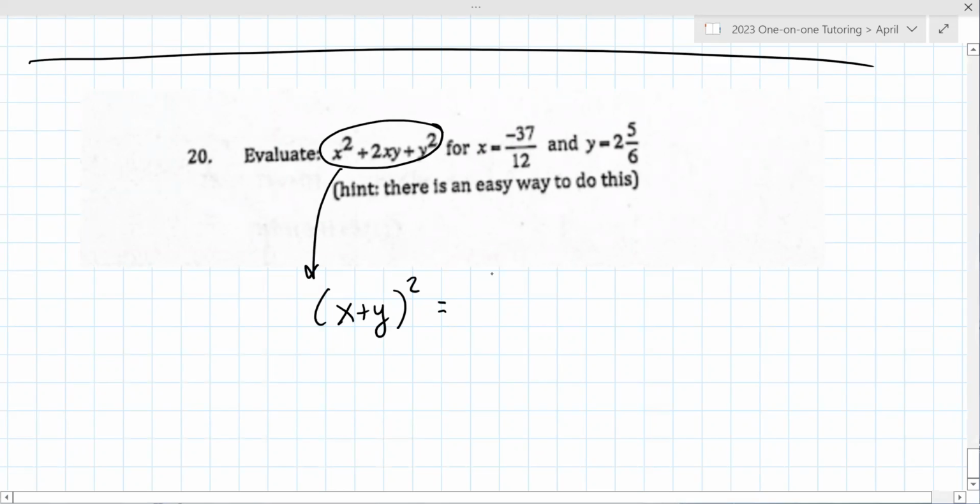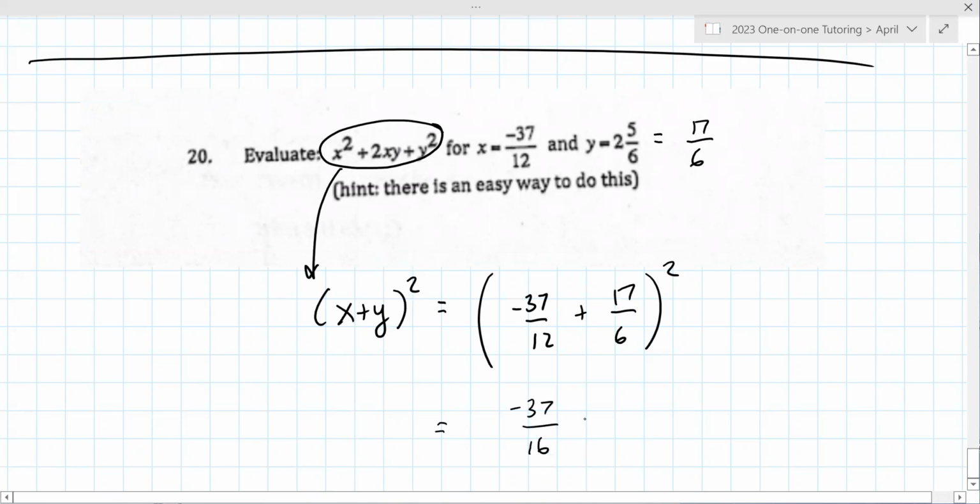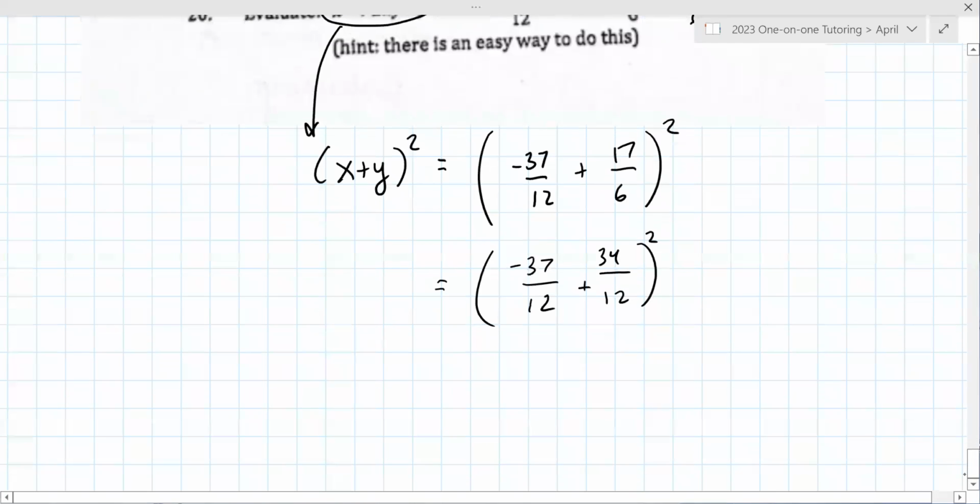Yeah. And the reason that's so helpful is you can now add these 2 things. So on the right here, I'm going to make this an improper fraction, 17/6 like this. Is that okay with you? Now, why can't we add these as is? Because they have different denominators. So the one on the right, we can turn into 34/12 minus 37/12. So that's minus 3/12 squared, which becomes